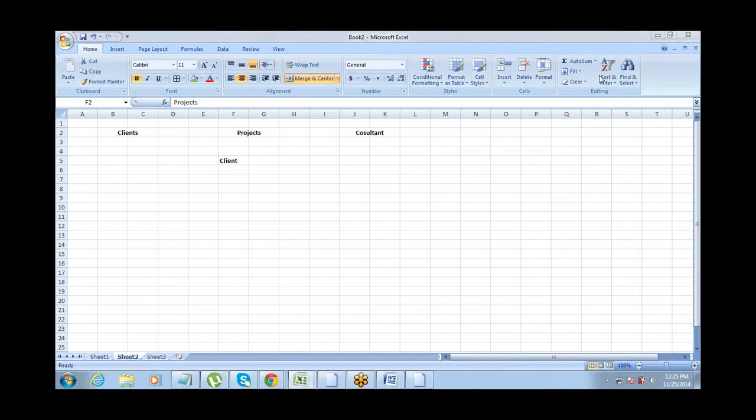If my guess is wrong, sorry. Consultant should be the parent. How about Venkat? Do you agree to what he's saying? Yes, the consultant is a parent and projects are child. Okay, fine. So if you both are agreeing to that, then we will put that relationship.